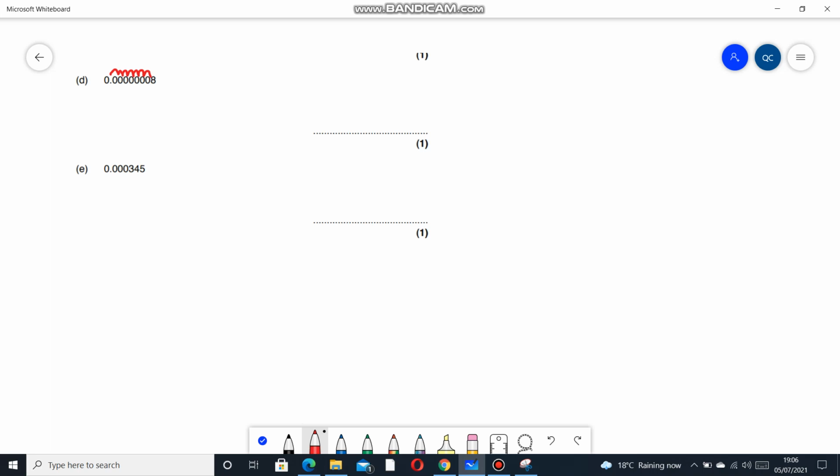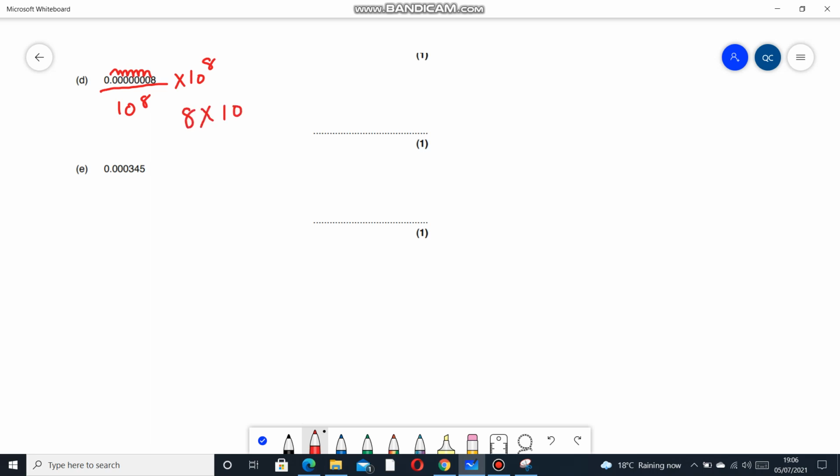This cannot be the exact standard form, so I need to write it as something times 10 to the power of 8, because the number needs to be between 1 and 9. 1 and 9 are inclusive, so I would divide it by 10 to the power 8, and times it by 10 to the power 8. What would this make? 10 to the power 8 will change this number into 8, times 10 to